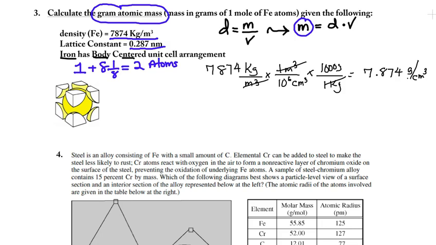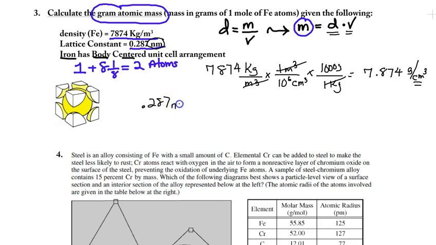Okay, now let's go work with the volume. All right, so the volume here, the constant here is in nanometers. So let's convert that nanometer into a centimeter, since we're dealing with centimeters cubed as our volume unit. Again, I don't know meter cubed that well compared to nanometers, so centimeters is the reason why I went that route, like in question 2. So I got my lattice constant,